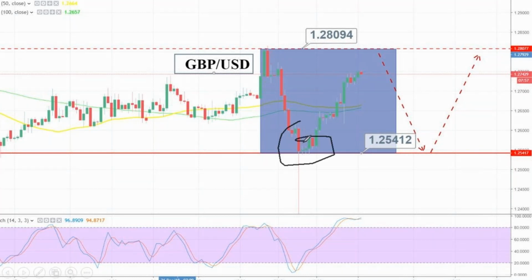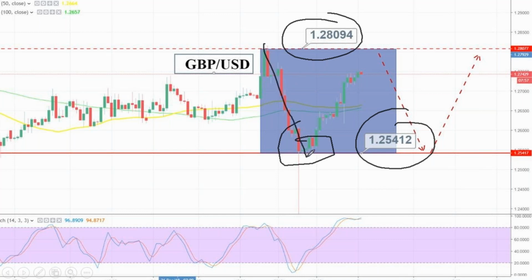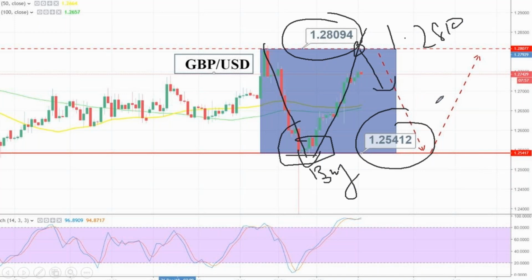Yep. So guys, the support level is 1.2540, and the resistance is 1.2809. So this is a weekly analysis. What I will be looking to do is, when market falls down to this level, I will be looking to take a buy position, while when market tests this particular level, 1.2809, or let's say 1.2810, I will be looking forward to capture a sell position, where the stop loss needs